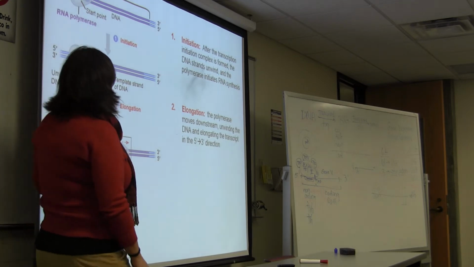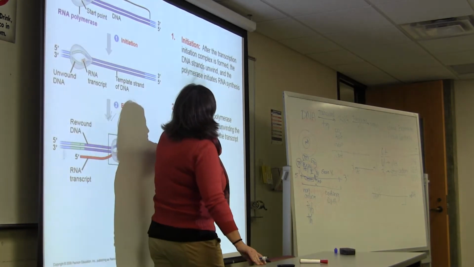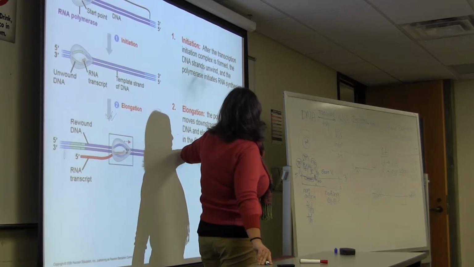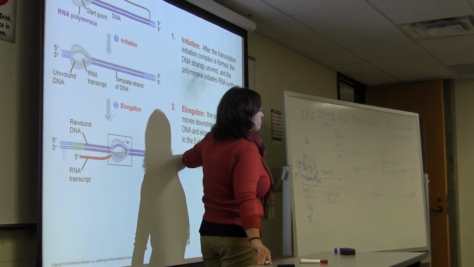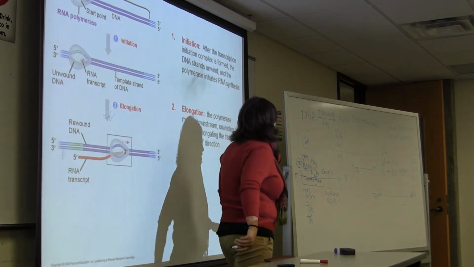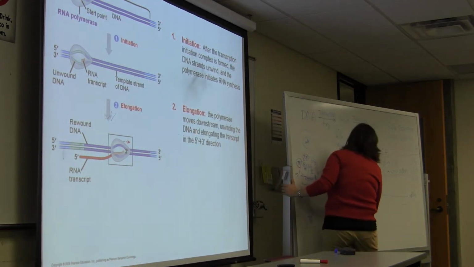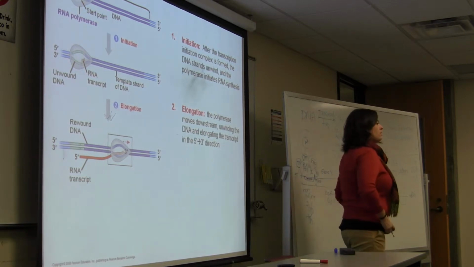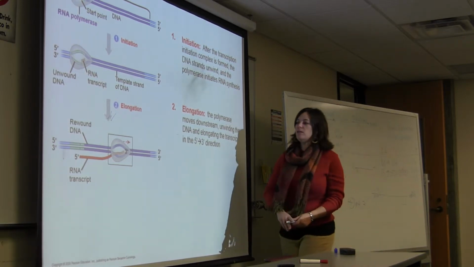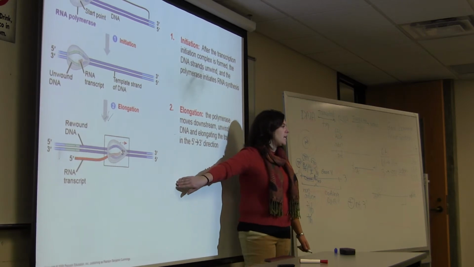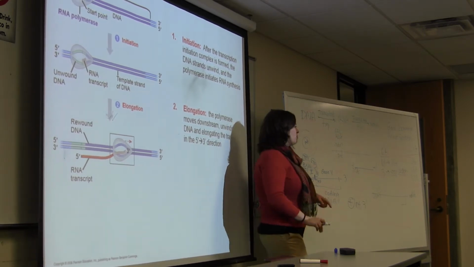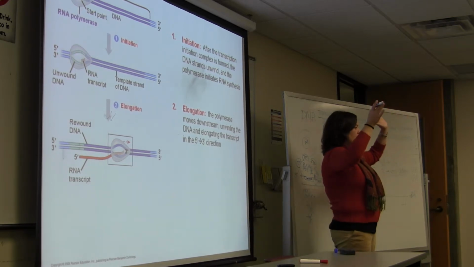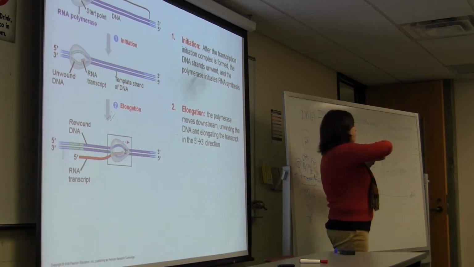And one thing to keep in mind is that this mRNA molecule is going to be made in the 5' to 3' direction. So another way of saying that is that you can only add nucleotides to the 3' end. You will never build on the 5' end. That's true for making DNA, for DNA synthesis. So remember, we had the leading and the lagging, and you know,